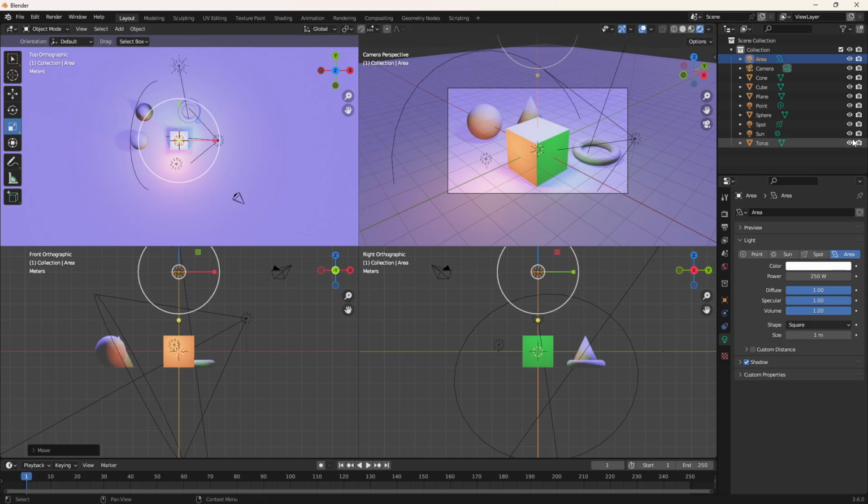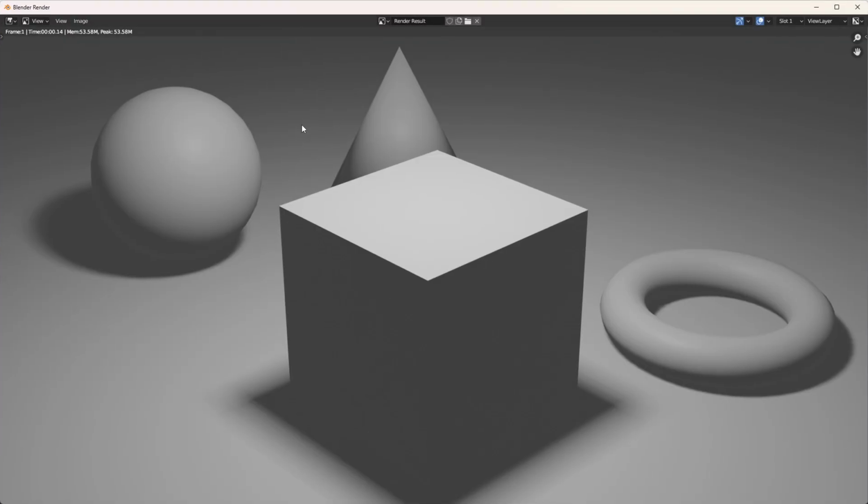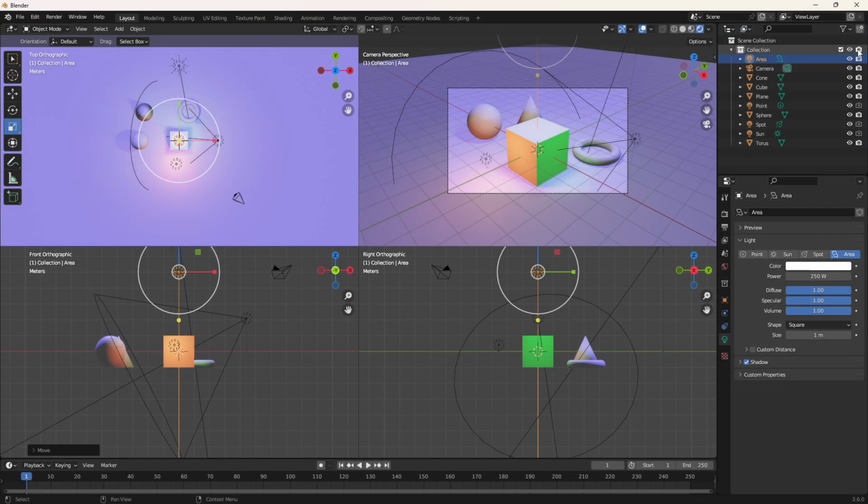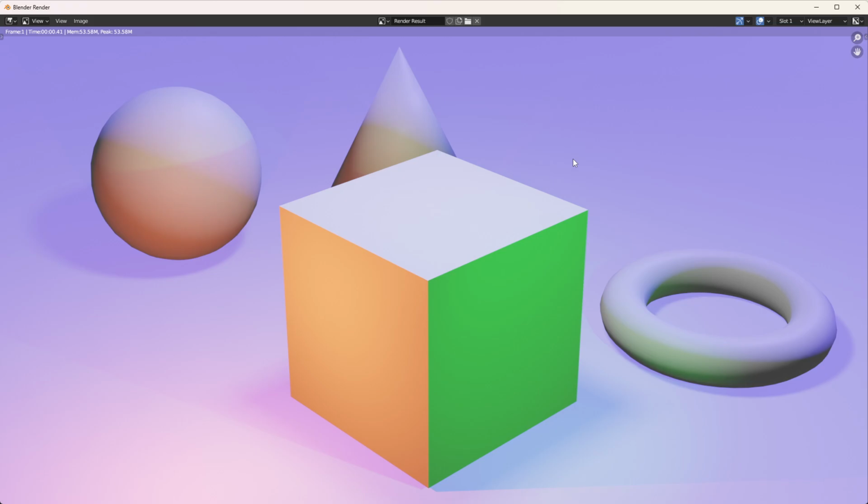But I like these lights. I'm going to go ahead and turn this one off for just a second. Turn off sun, spot, and point all in my render, so that all I see in this one is just my area light. We hit F12 and you can see it just lights everything cleanly from the top. So putting those back on, and now we've got all of our lights working in, well, we could call it